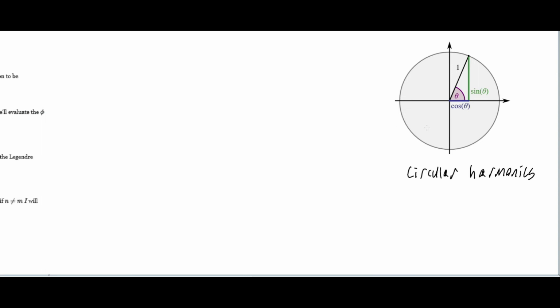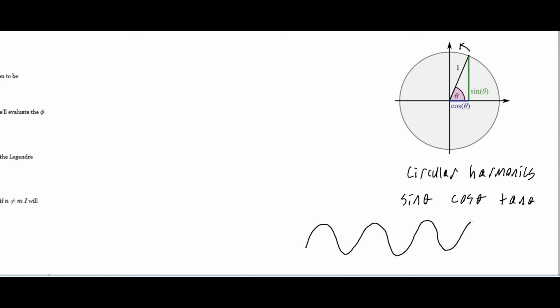And the functions for circular harmonics are just the sine of theta, the cosine of theta, the tangent of theta, and you know the secant, cosecant, cotangent, all that. So this would be circular harmonics, and we know that that works because if this vector here keeps moving around counterclockwise, and we plot that as a function of theta, we get